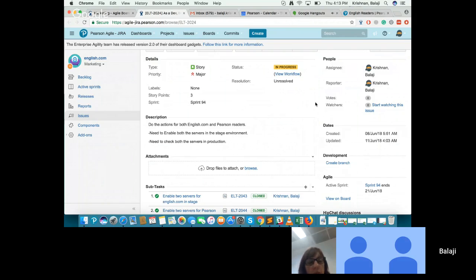What we are going to do is create a new server. For example, in the test environment, we have only one server for English.com and Pearson readers. We are going to create one new server, and move all the code from the old server to the new server. Then we'll check it. If it is working perfectly, then we'll dismantle the existing server.